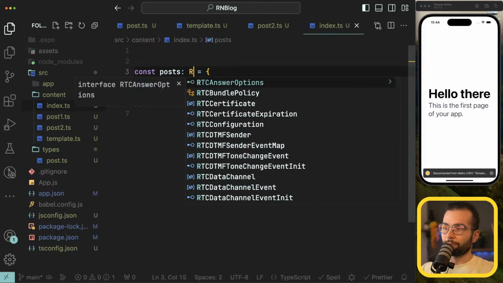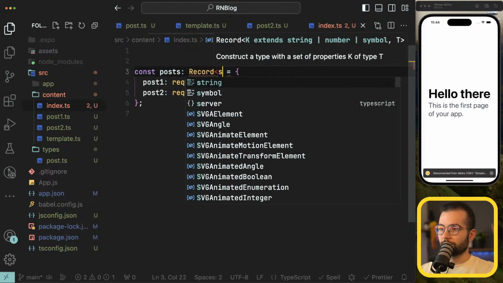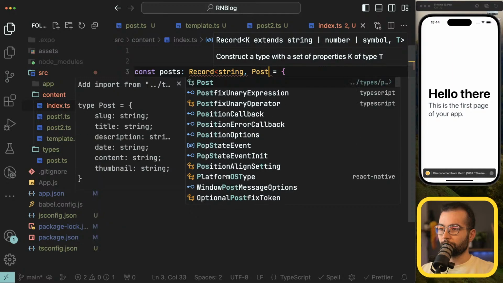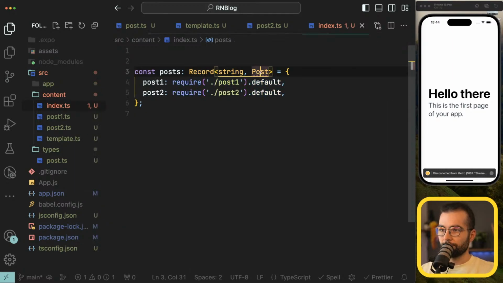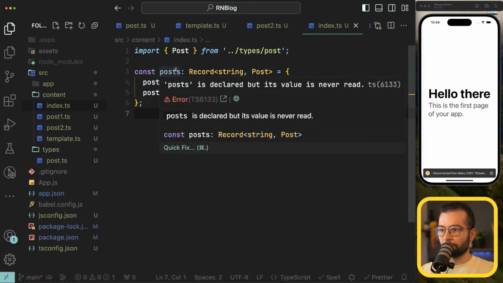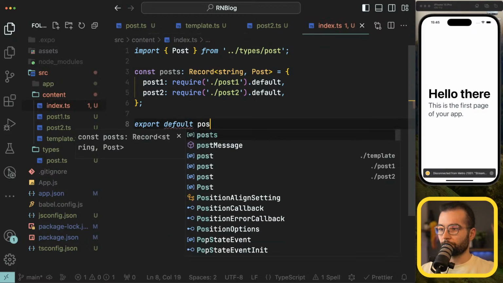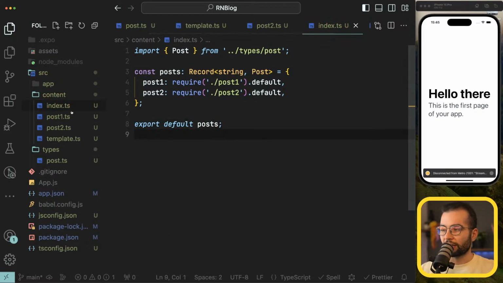We can probably type it with a record of type string and here of type post. Let's see. Import. Now post is of type, it knows that it's a type. It returns posts. And we can simply export default posts from this file. Okay, so now our index will contain basically a mapping with all our posts for us to easier read and